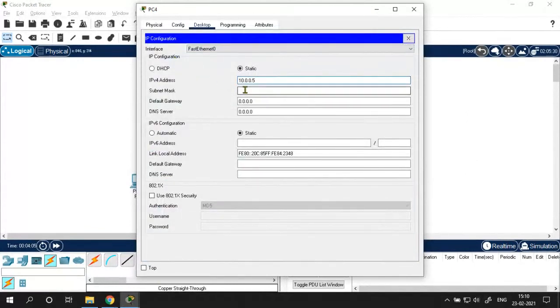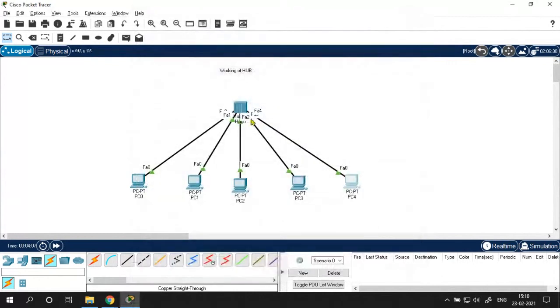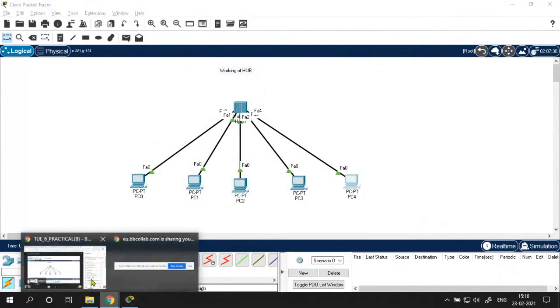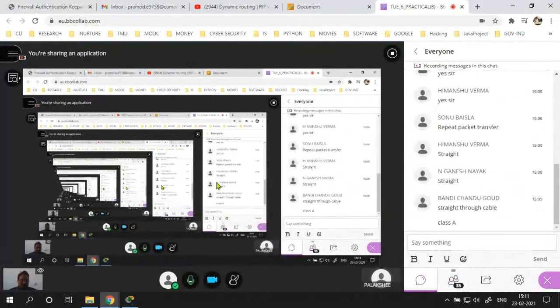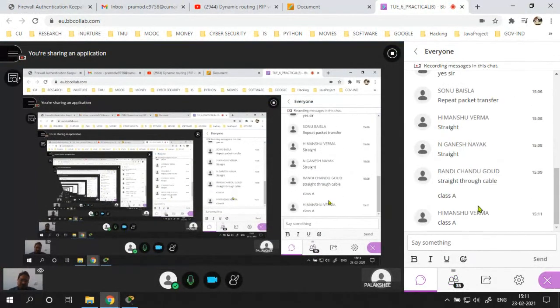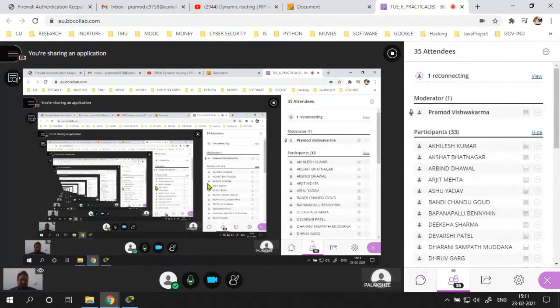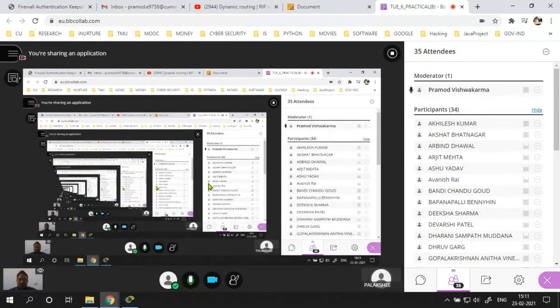Okay, I have connected 5 PCs. Now, whether there is some reply in the chat box, this time I'm using class A. Great. Is it clear till now? Yes, class.